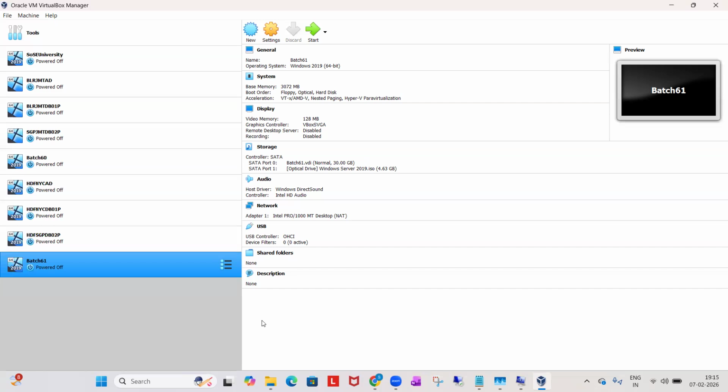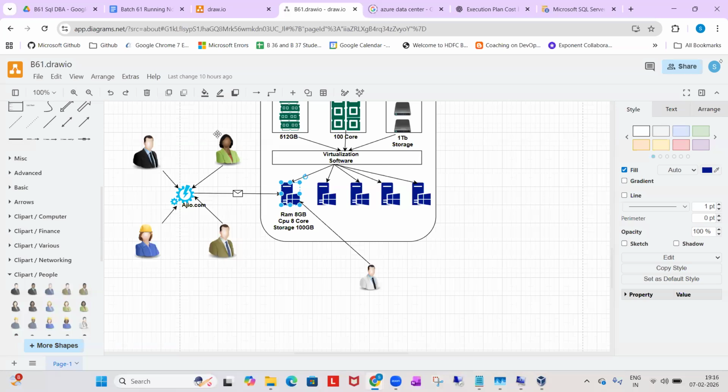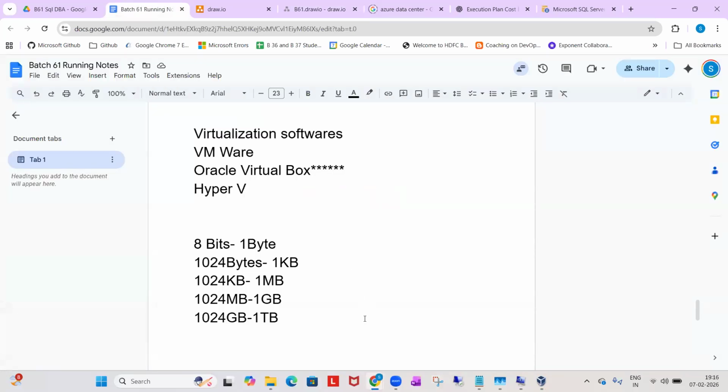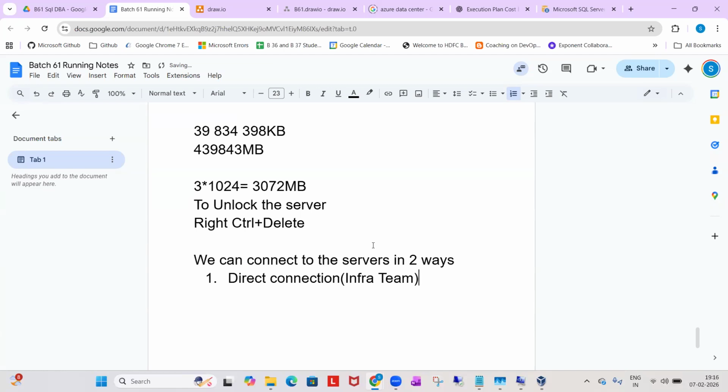Generally, we can connect to the server in two ways. One way is direct connection, another way is RDP, remote desktop protocol. One is direct connection: directly you can enter into the virtual machine, but this will be allowed only for the Windows team, the infra team I can say, Windows, Wintel, whatever it is. And the second one is RDP, allowed for